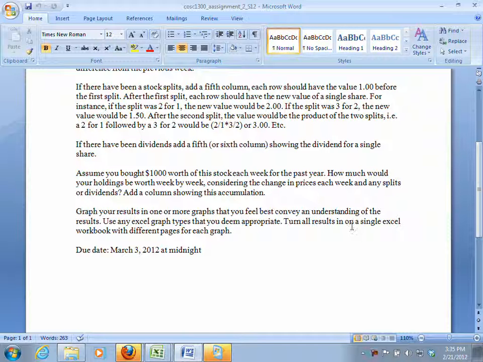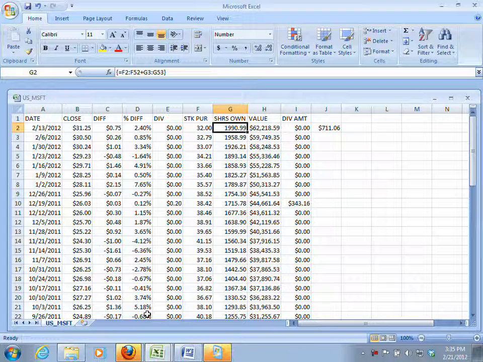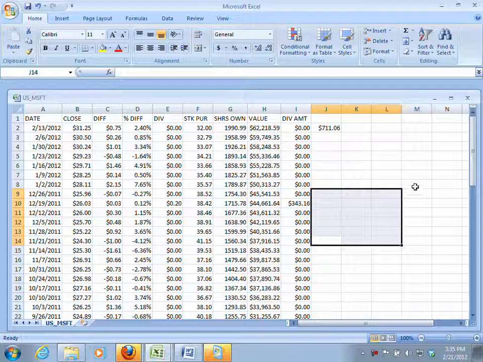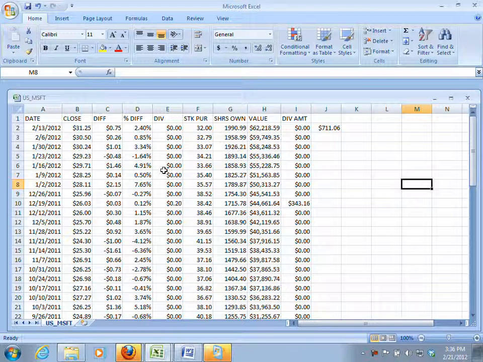Turn all results in on a single Excel workbook with different pages for each graph. Well, how do I do a graph? Well, I don't know. Let's just